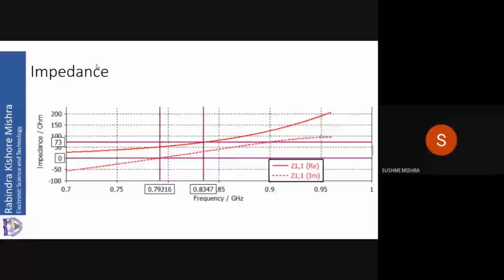Now, why is that possible? Because of skin depth. You know, there is something called skin depth. The field penetration is up to the skin depth. Beyond skin depth, it is negligible. So long as you are taking a hollow cylinder whose thickness is more than the skin depth, there is no problem. So we can take that type of hollow cylinder. So this is about impedance.